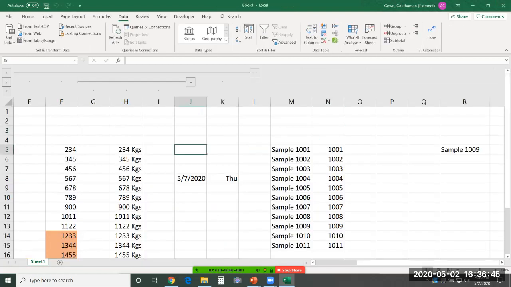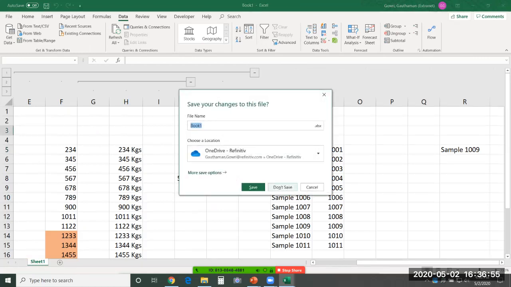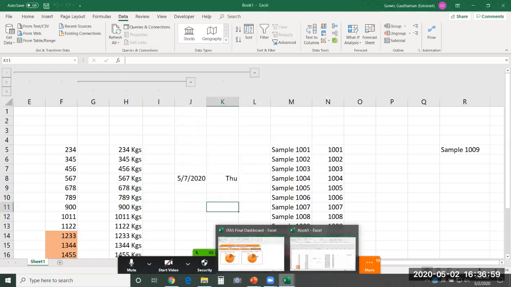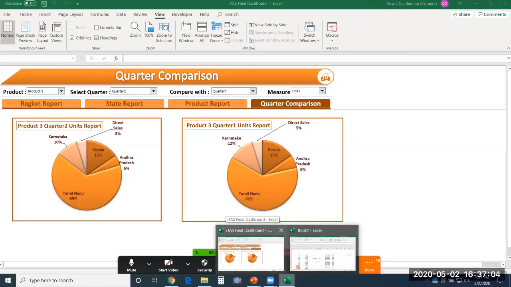So that was all about Excel. If you are really well versed with Excel, you can also take up macros and dashboard designing and reporting techniques. So you can achieve something like this. Let me show you. I would just like to show you a dashboard that we have prepared.